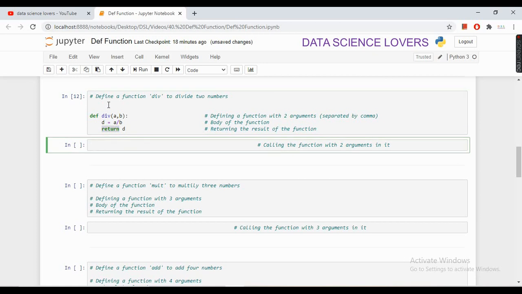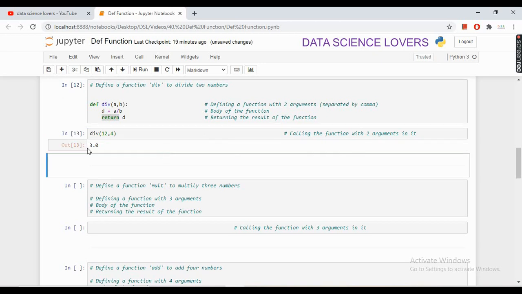Now if I call this div function, I will pass two arguments in it. To call a function I have to write my function name, and in the parentheses I have to pass the arguments. I have to pass the values for a and b. If I pass 12 for a and 4 for b, this is calling the function with two arguments in it.